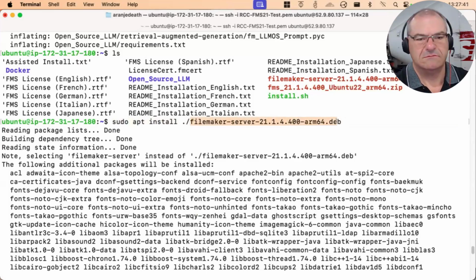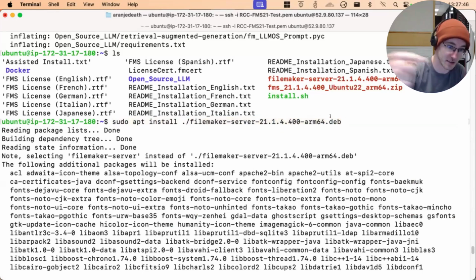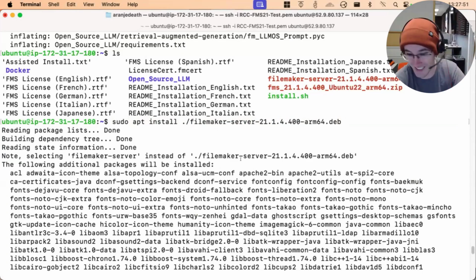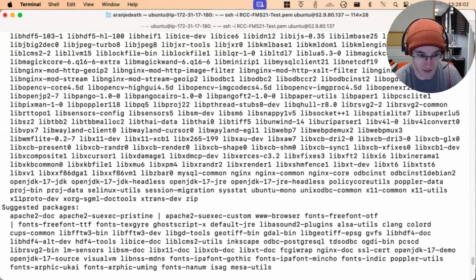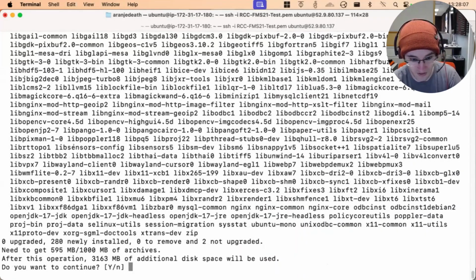Okay. And then this is the actual FileMaker Server application installer itself that we extracted from the zip. It requires a whole bunch of stuff, all the things that underlie FileMaker Server, the application, which is a whole bunch of stuff on Linux. There's a bunch of new stuff that's going to be installed, so new packages, and some suggested packages. We're going to ignore those for the time being. And then we get to our final list, which goes all the way down and even brings in that actual zip application, which is indeed not even installed by default on Linux. They use gzip or something older, honestly.